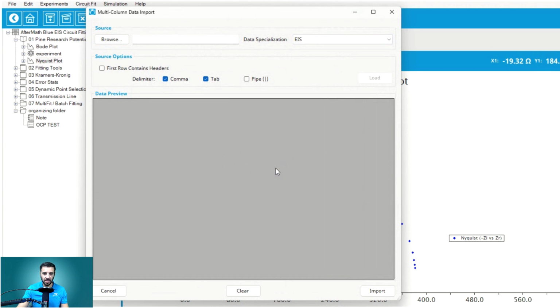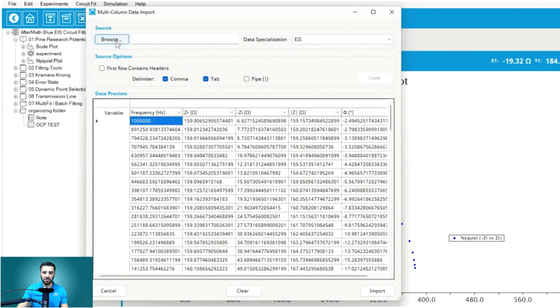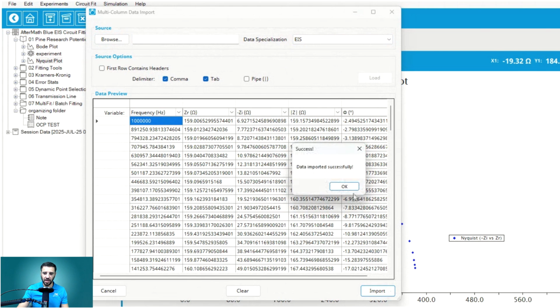And now you see the EIS data that I copied from my spreadsheet. All 5 columns are loaded in this dialog box. Another option is I could have clicked the Browse button here at the top and uploaded the data directly from the file, provided that it's in a CSV or comma-separated value file format. Now with my data loaded into the dialog box here, I'm going to click Import at the bottom right to